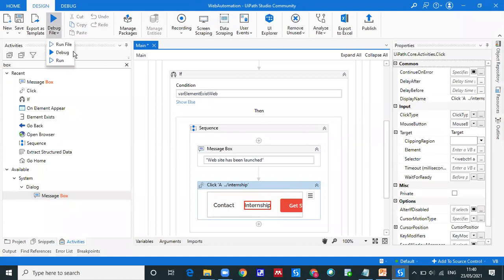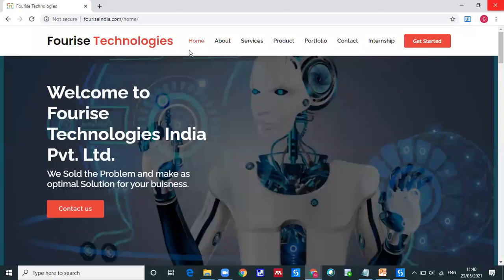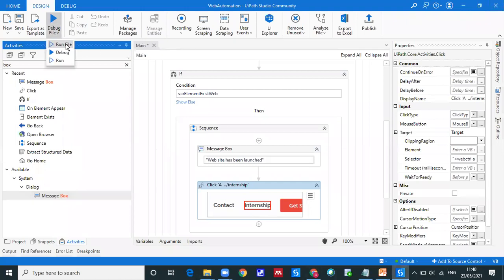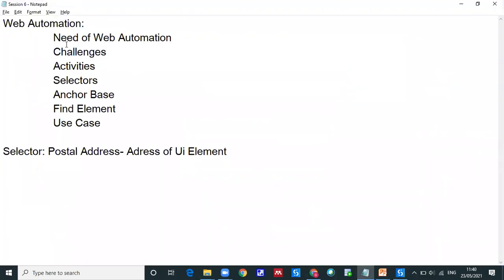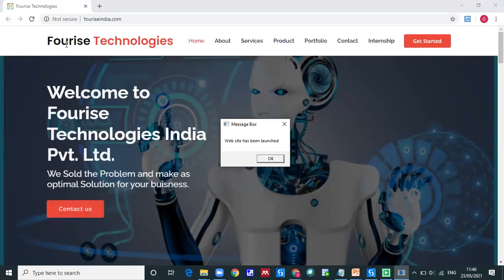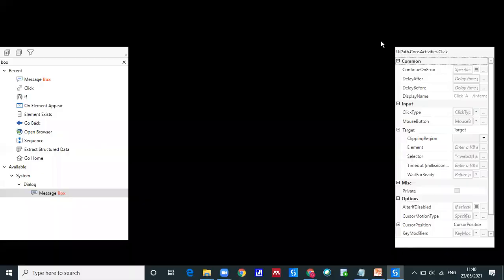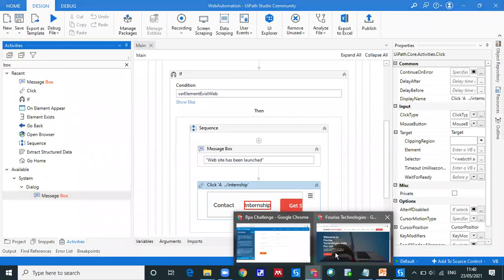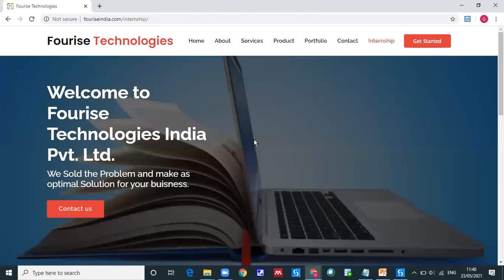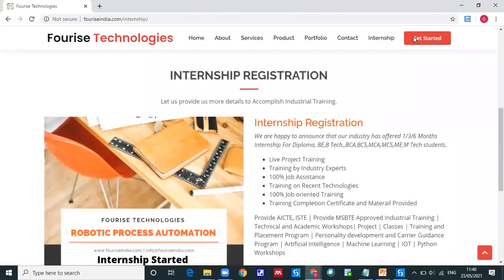So let's run this, and let me close this website first of all. It's supposed to open. Okay, it ensures the availability of this 4eyes technology. If it is available, then just go and click on internship. So let's go ahead and see it. It's supposed to open the website. Then it ensured, yes, the website has been launched based on this element availability. Now it's going to click on internship and exit. Done. In the background, it has clicked on internship. You can see this. So it has clicked on the internship button.